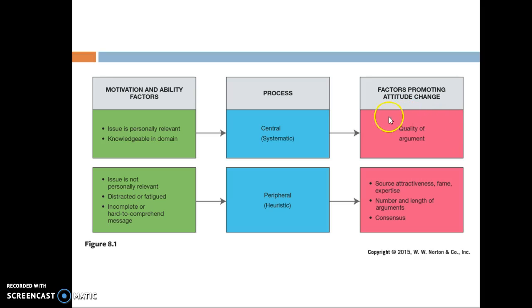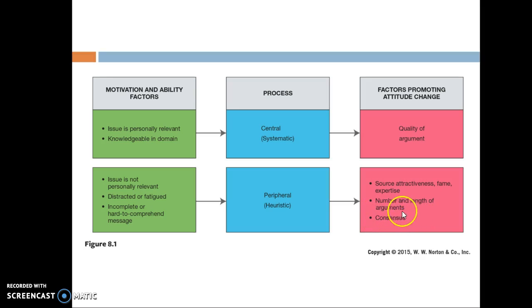Or if they're not convincing, a person can be persuaded not to buy into the argument if it is too weak. When the peripheral route is engaged, cues like how attractive the source is, the speaker, how famous they are, if they're a celebrity, or if they have certain expertise, those are going to promote attitude change. The number and length of arguments can also play a role through the peripheral route, and